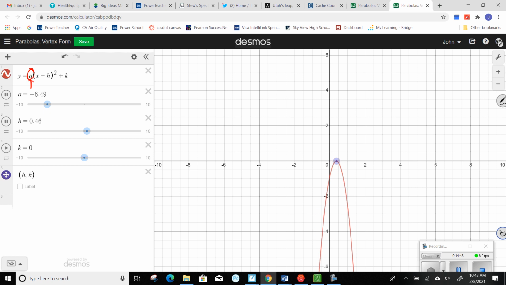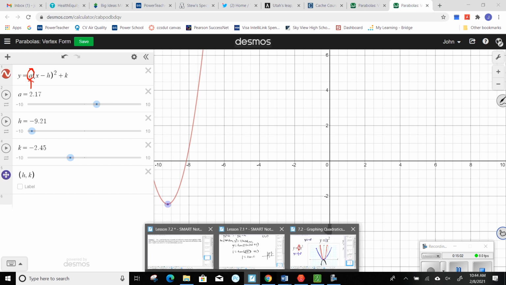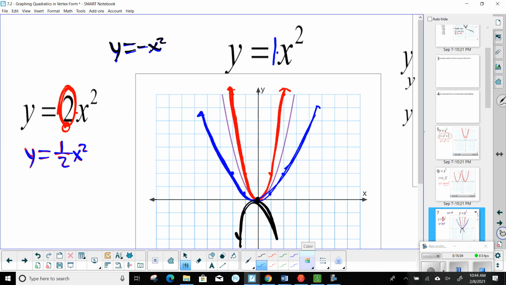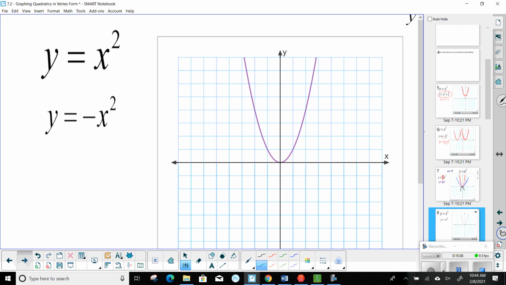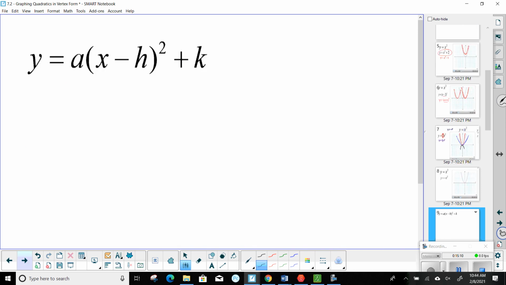We can change h. Now we're going to move it left and right. We can change k. Now we're going to move it up and down. So you can get all those different transformations going, changing a, h, and k. Here's the really nice thing with all of those is that they're exactly the same as the absolute value. So if the absolute value problem made sense, this one hopefully should also make sense. So just to make a summary,